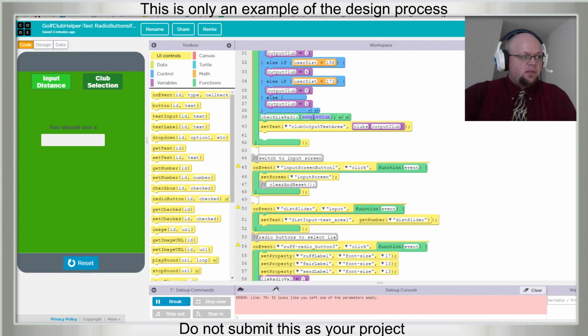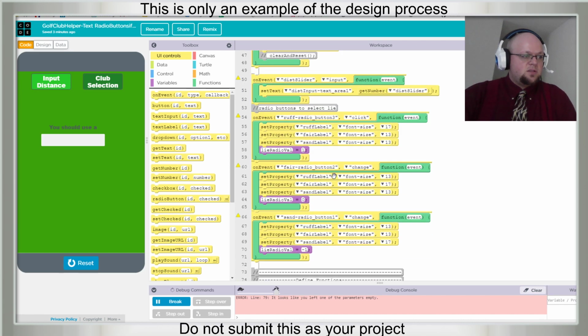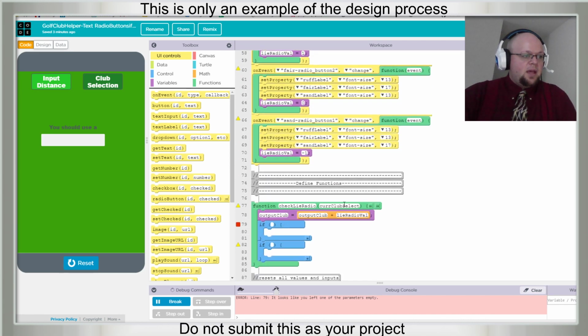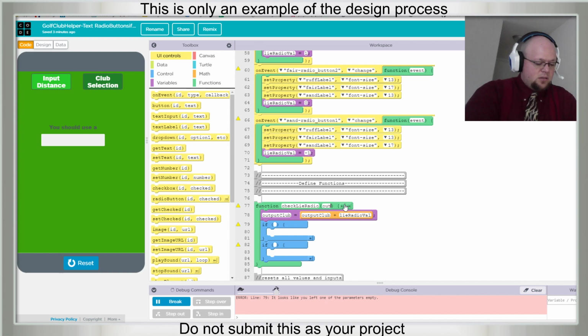We are passing through a parameter, whatever the current state, whatever output club number is the result of this if-else statement is going to get sent to check lie radio, and this parameter we don't really need to change.